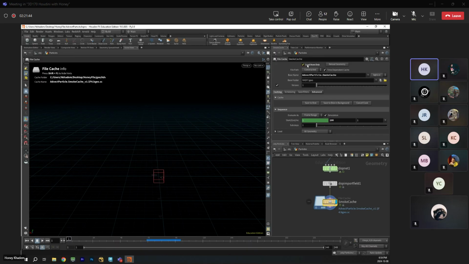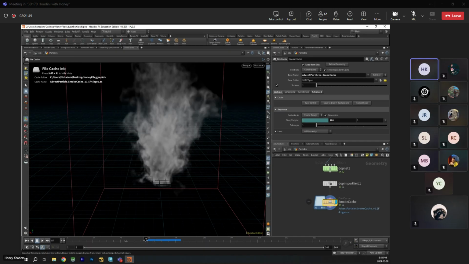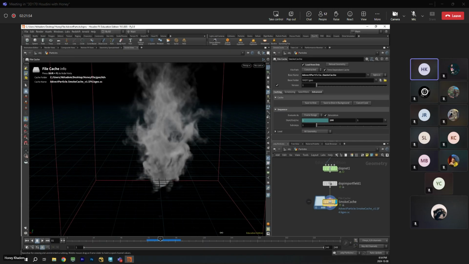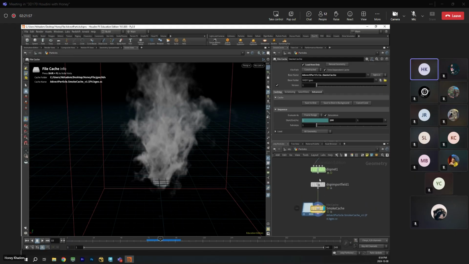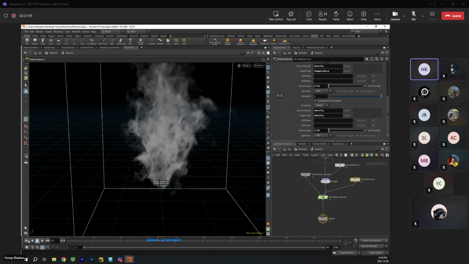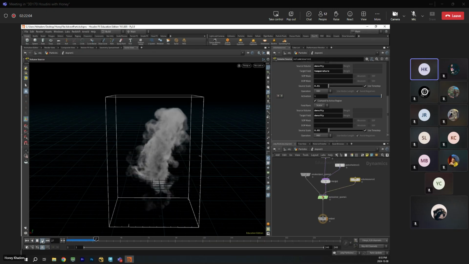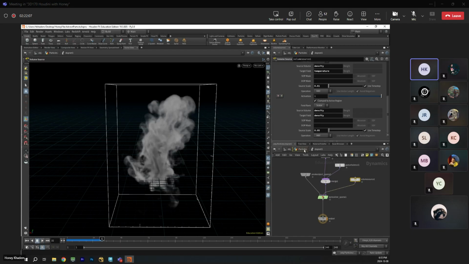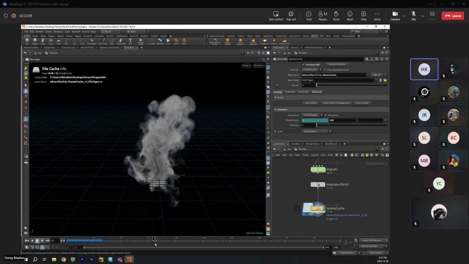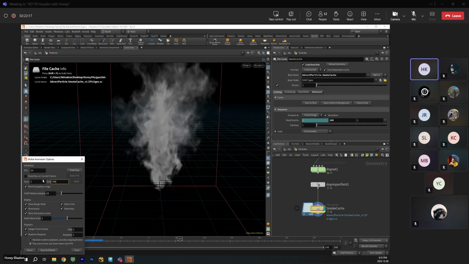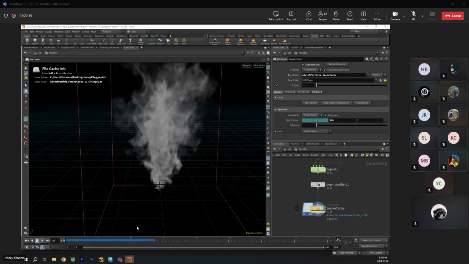Now I'm just going to say, you see this load from this? So now with this one, see? I'm not simulating anymore. I'm just reading from this one. If I go back to this, it needs to simulate from the first frame. And again, it's going to take some time. You see, it's going to take time. I'm not using this. Cancel, go out, and reading from this, I can go to any frame that I want. Does that make sense? 100 frames. That's how many frames that I use. 100 frames. Apply.